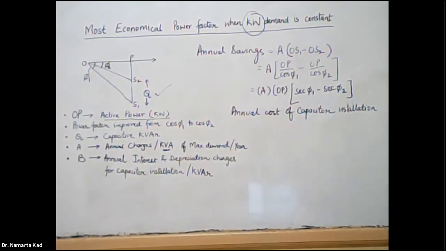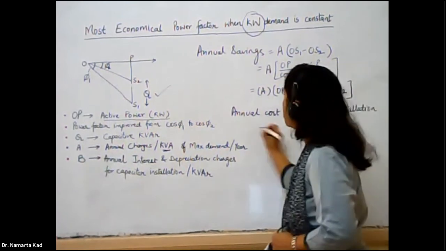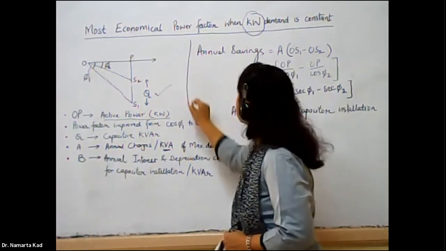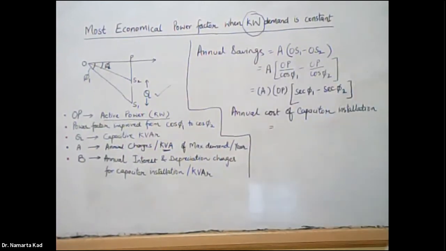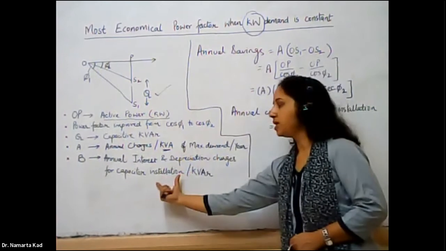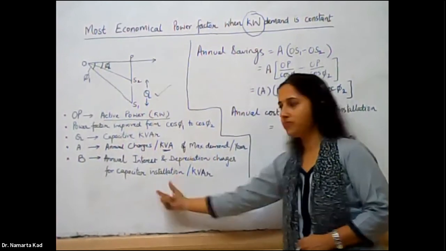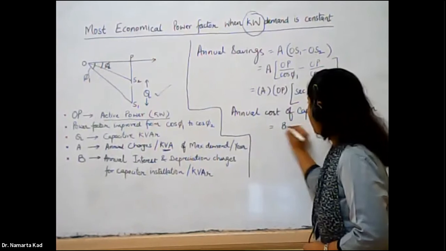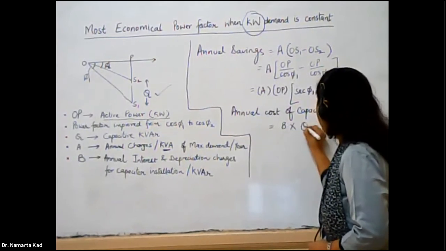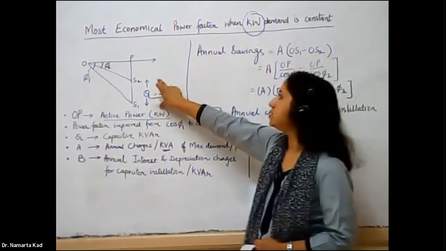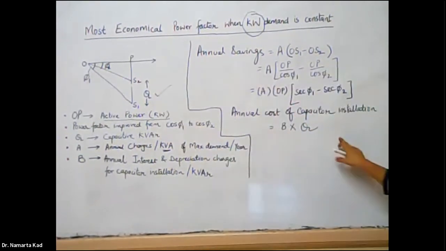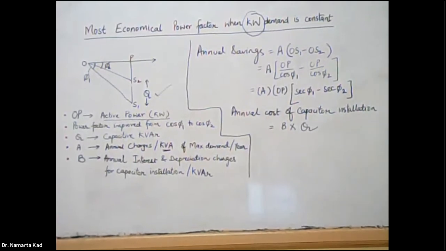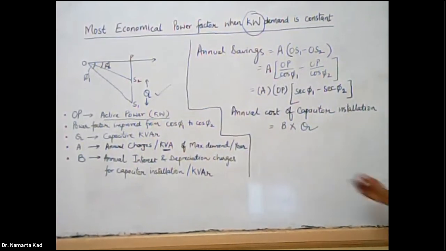So annual cost of capacitor installation is this cost factor B multiplied by Q, that is the reactive power supplied by the capacitors. Okay, B multiplied by Q, and it can further be written as